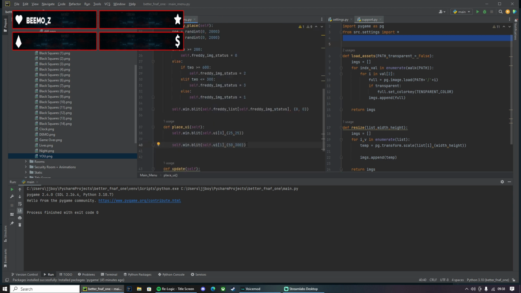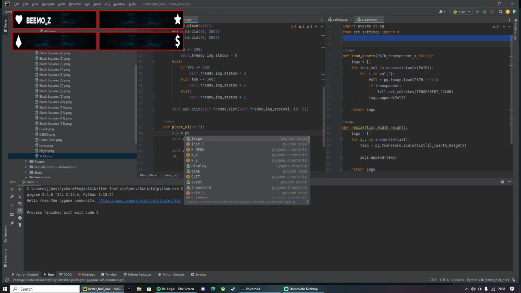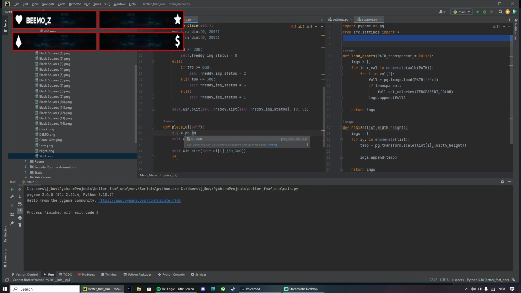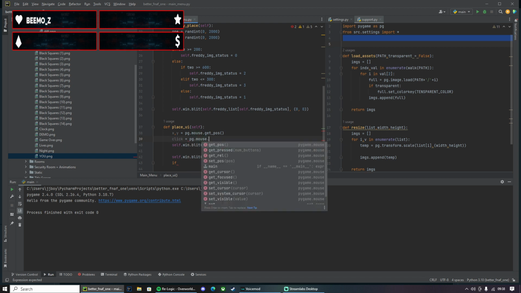Okay, so we've placed this. What is the width equal to? We need to get the mouse position, so x comma y equals pg dot mouse dot get position and click equals pg dot mouse dot get pressed.